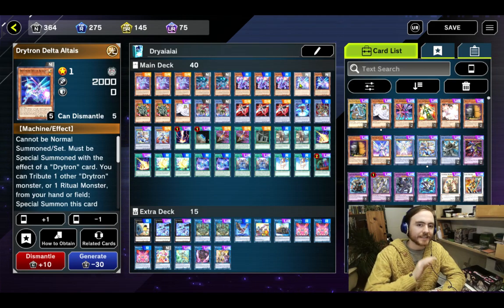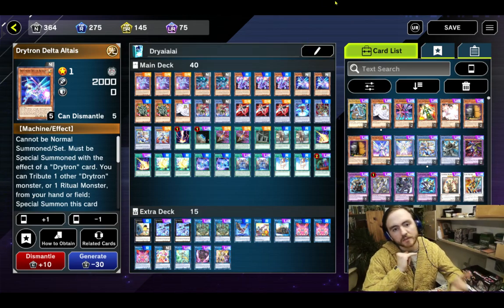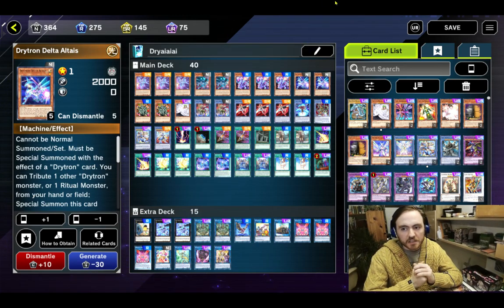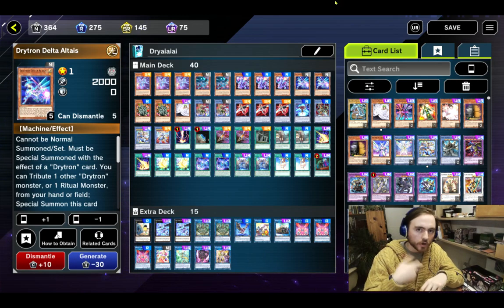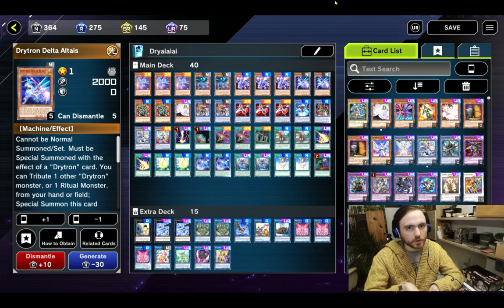Sometimes Delta Altais is really good if you, for example, have a Natasha plus Delta Altais in hand. You can just summon Delta Altais and tribute the Natasha. You can maybe reveal something in hand and then you draw into your combo pieces. Sometimes the draw is really important, but the draws are once per turn and drawing things isn't as good as